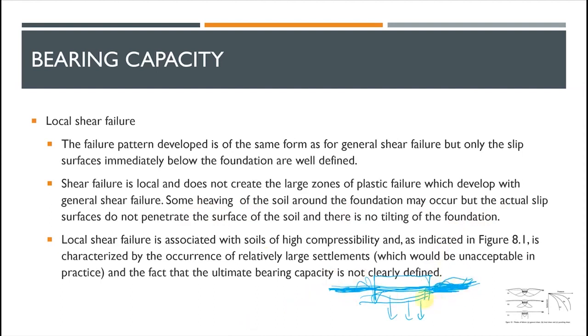It does not penetrate to the surface of the soil. So local shear failure is associated with soil with high compressibility. General shear failure is for low compressibility soil, meaning the soil cannot compress, so the soil moves because of the pressure transferred by the foundation. But local shear failure is for high compressibility soil, meaning the pressure that comes from the foundation